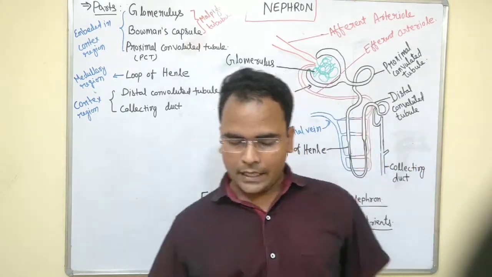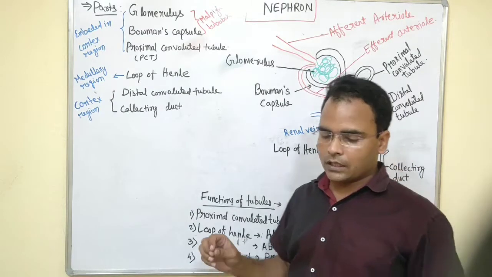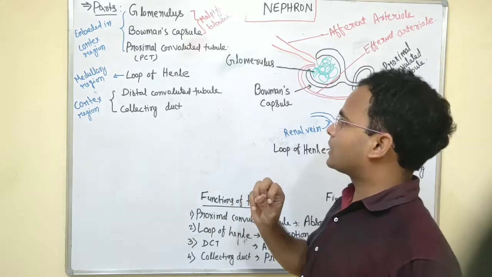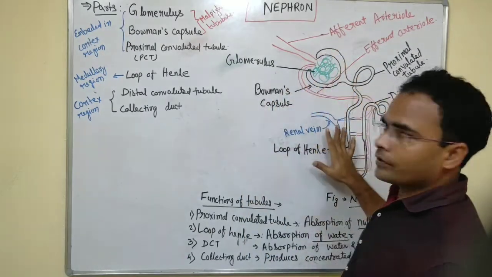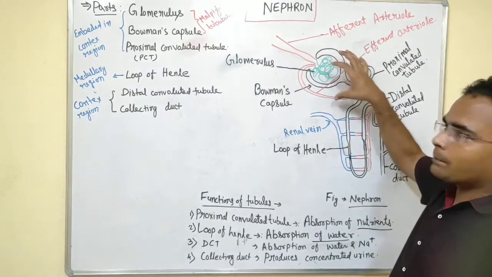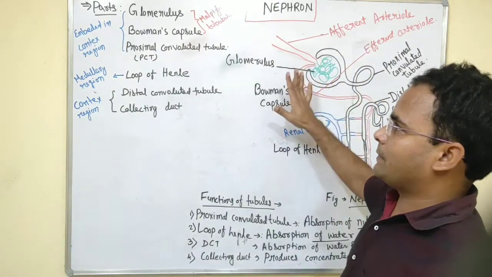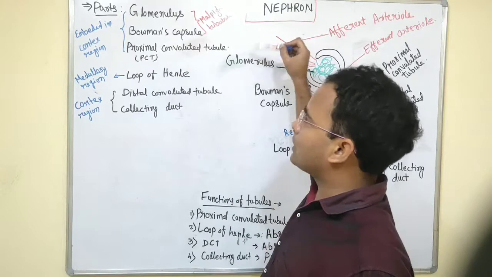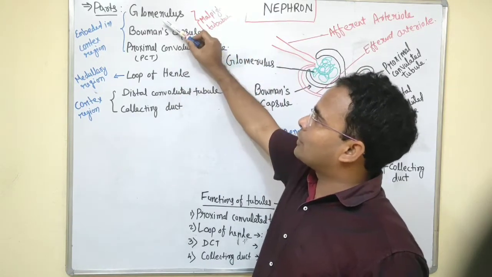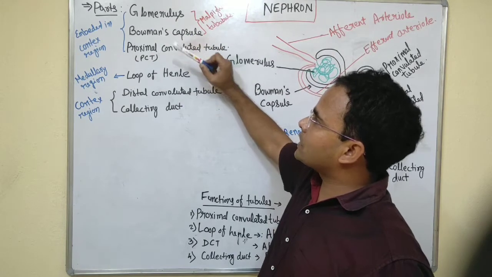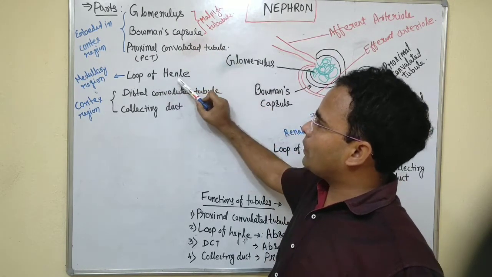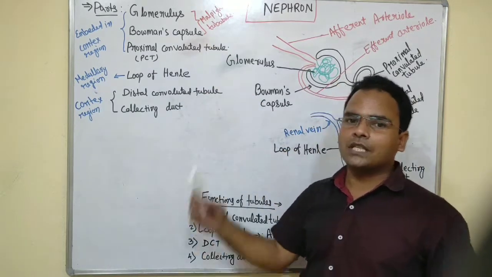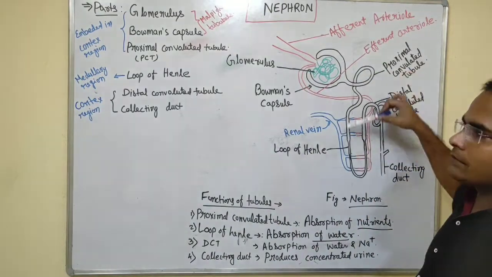In each and every kidney, millions of nephrons are present, and each nephron is a functional unit. This is the place where the filtration of blood takes place. As far as parts are concerned, the human nephron consists of the following: glomerulus, Bowman capsule, proximal convoluted tubule, loop of Henle, distal convoluted tubule, and collecting duct. These are the organs present in the nephron. You can see here the parts have been labeled.